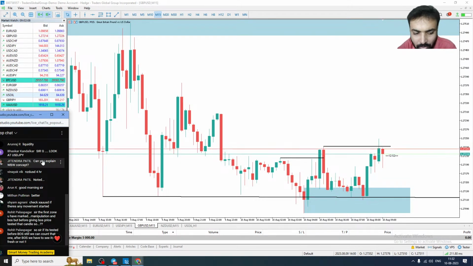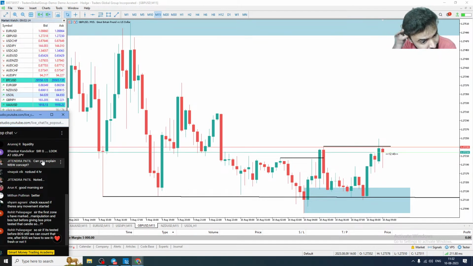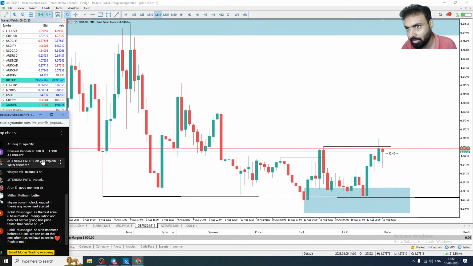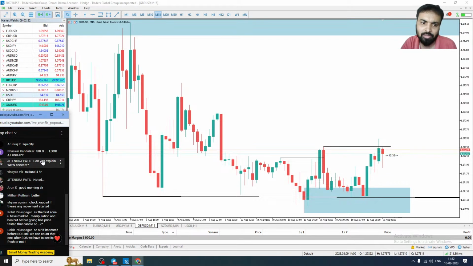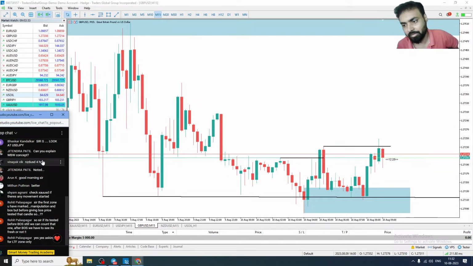You are going to look for the lower time frame confirmation, right? In that situation, you can still trade, right? You have a zone tested first before breakout structure, after breakout structure, tested first, second, third, fourth, fifth, sixth, seventh. Every time it is testing, you are looking for the lower time frame breakout structure. So you are going to trade based on that only. If it is there, you can take a trade. If it is not there, you can avoid.